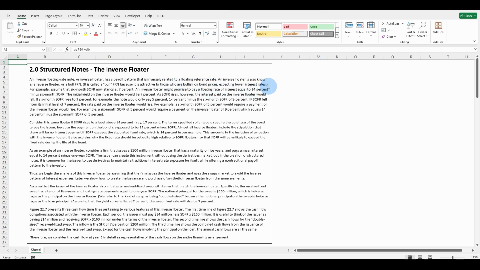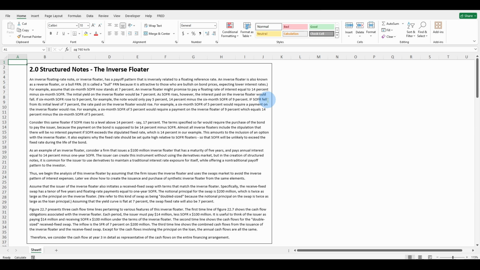expecting lower interest rates. For example, assume that 6-month SOFR now stands at 7%. An inverse floater might promise to pay a floating rate of interest equal to 14% minus 6-month SOFR. The initial yield on the inverse floater would be 7%. As SOFR rises, however, the interest paid on the inverse floater would fall. If 6-month SOFR rose to 9%, for example, the note would only pay 5%, the 14% minus the 6-month SOFR